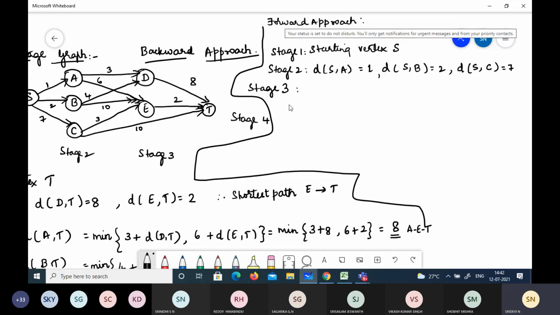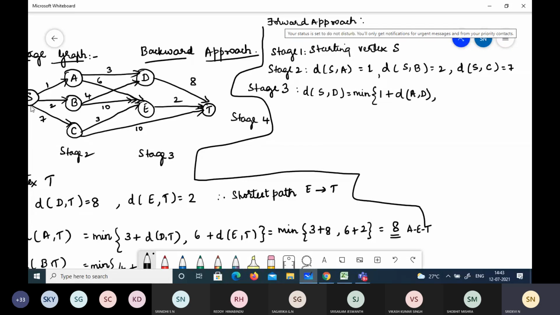So we have to find the distance from S to D, isn't it? We'll take the minimum of 1 plus distance from A to D, then 2.